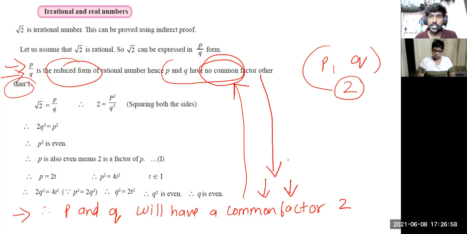So whenever one statement says that the other statement is wrong and the other statement says that the previous statement is wrong, such type of situation is called a contradiction. Such a situation is called a contradiction when one statement says that the other one is wrong and vice versa.